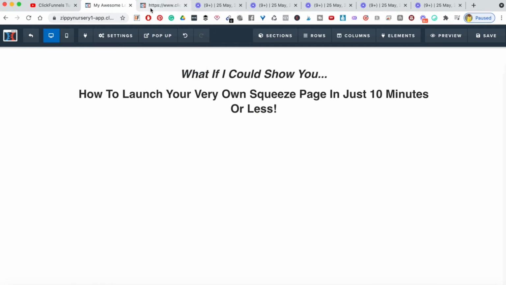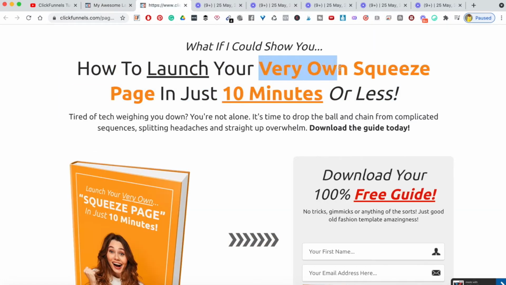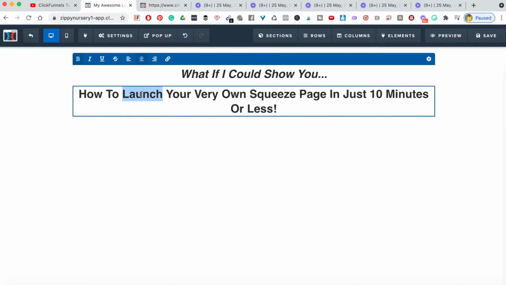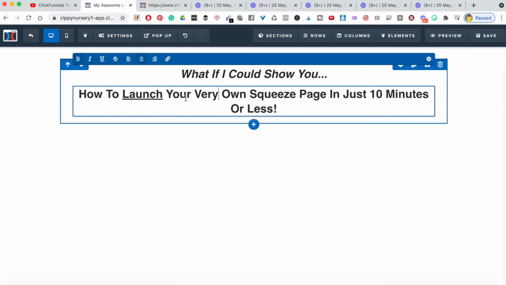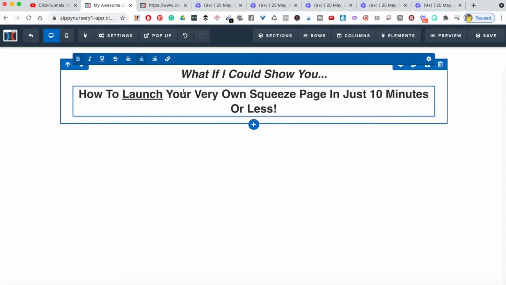But let's keep moving. So now I can see that there's a whole bunch of things happening to this that hasn't transferred to this. So I can see, for example, that launch is underlined. I can also see that they have used their own branding colors over here. So I'm going to highlight this and underline the word launch over here. How to launch your very own squeeze page in just 10 minutes or less. I'm going to change the copy. How to launch your very own digital product